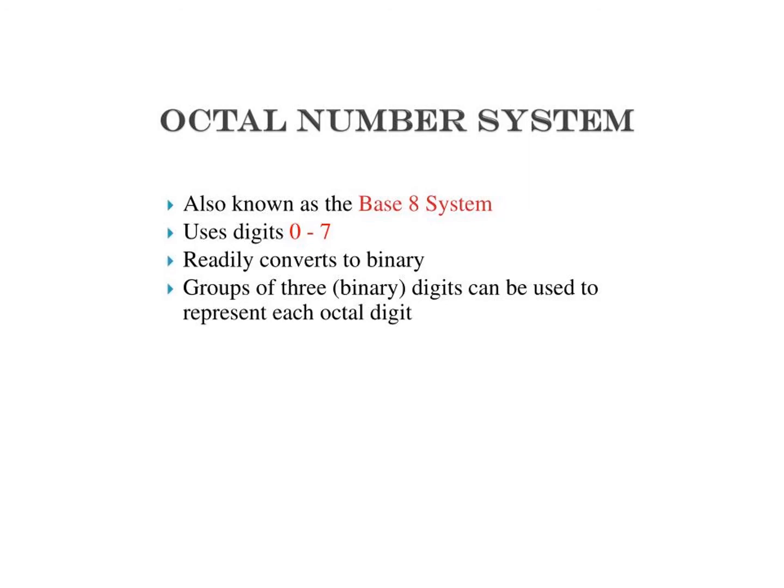For example, 234, 123, 2743. It doesn't have a digit exceeding 7. The maximum value of a single digit is 7, 1 less than the value of the base. Each position of a digit represents a specific power of the base. Weights for integer numbers are positive powers of 8 increasing from right to left, and for fractional numbers weights are negative powers of 8 decreasing from left to right. Since there are only 8 digits in the octal number system, 3 bits, that is 2 raised to power 3 equals 8, are sufficient to represent any octal number in binary.